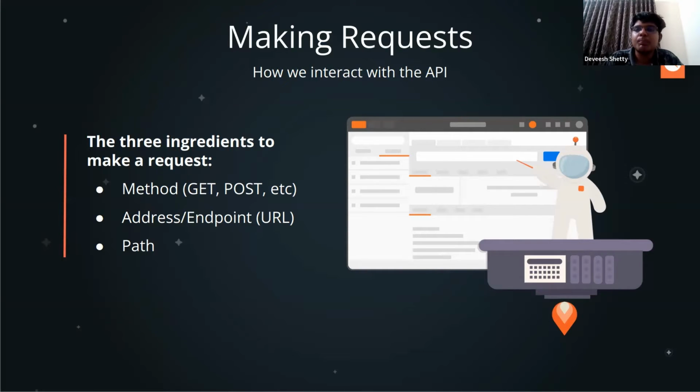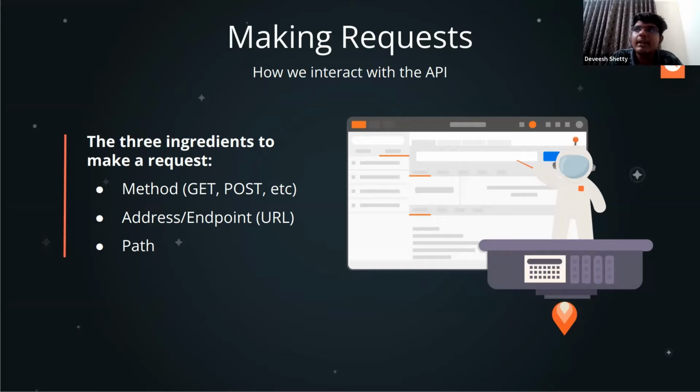Then comes put or patch. Both are similar but not the same. They are used to update the data. Imagine you registered on a website, but then you realize the name you put is wrong. Instead of a double E, you put only a single E. How do you change it? You'll go to your user dashboard, click edit profile, edit that particular field and save. It won't create a new profile; it will just update the existing profile. That is your put request, where you are updating the data.